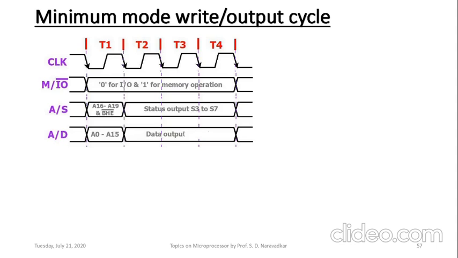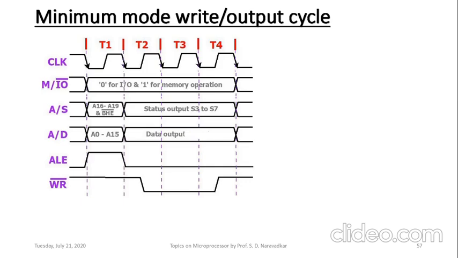But in earlier read cycle or input cycle, there was high impedance state because address was output and data was input there. Next will be ALE signal. As usual during T1, it is in the form of a pulse which is used for demultiplexing of those multiplexed buses.